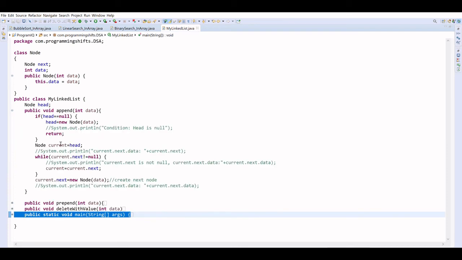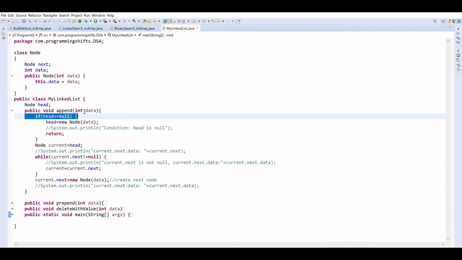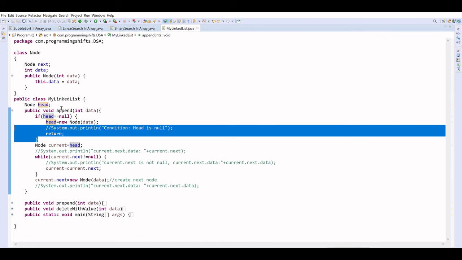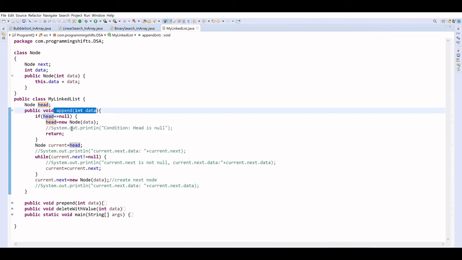First, if the element of the head is null, right? If the head is null, means head does not have the data, right? So what we have to create? For the one node we will create and update the head, right? Now we have the head data. Okay, and then we will return it, right? When the first time we will call this, right?